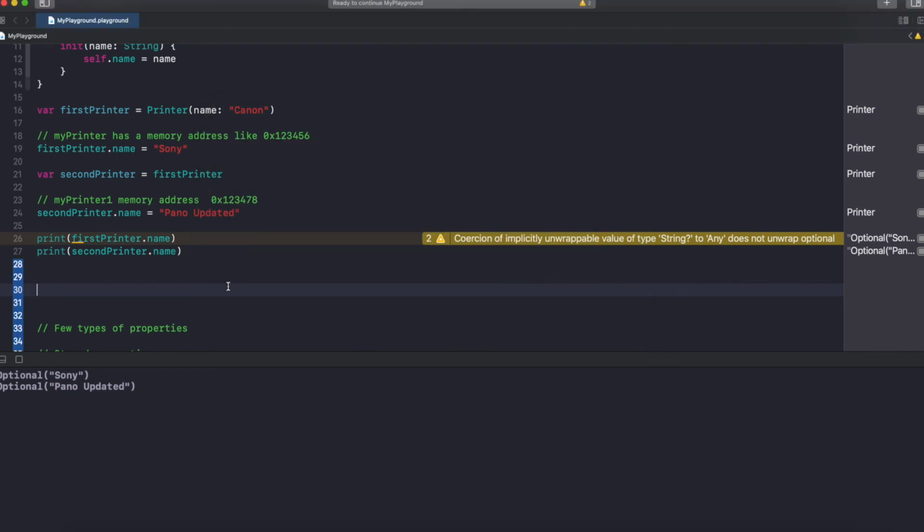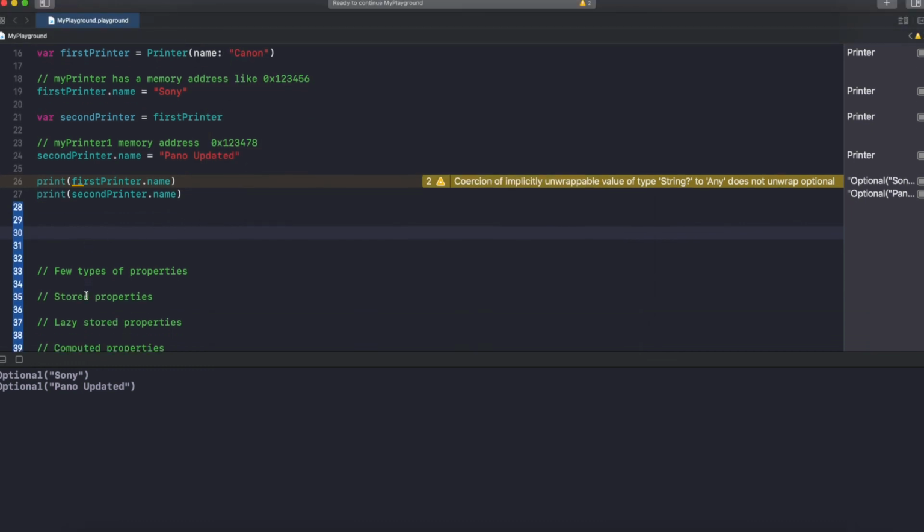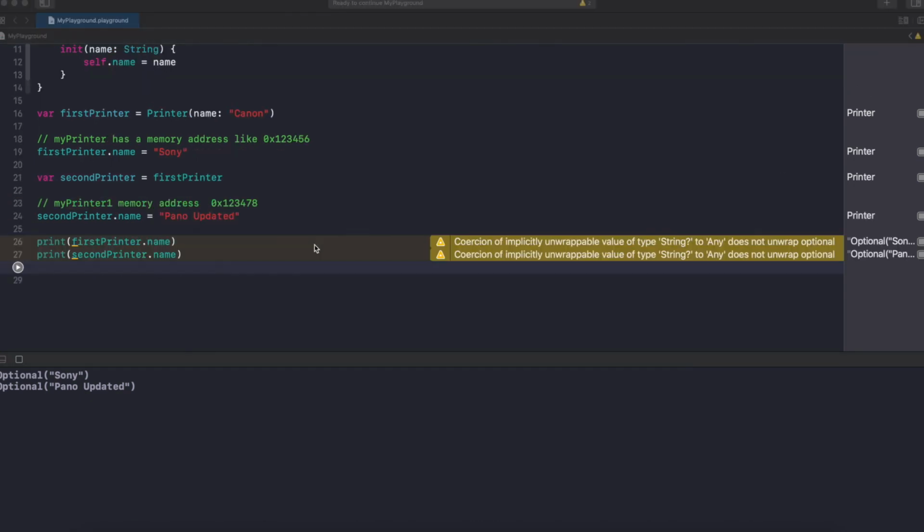Okay, so these are the main differences between classes and structs, but you can achieve almost everything you do with classes in structs itself. I thought to cover the types of properties we can have in a class and struct in this session itself, but I'm feeling that will be a bit heavy for you to understand everything in this session. So I'm going to cover that alone in the upcoming session. I hope this video helps you understand the difference between classes and structs, and when to use class and when to use struct.